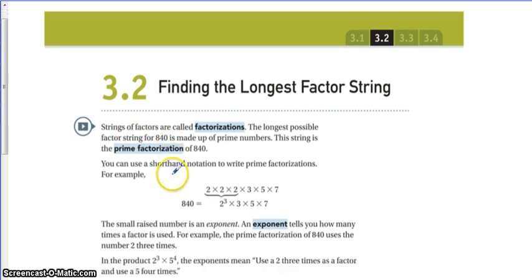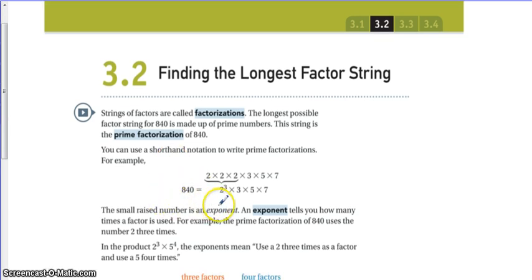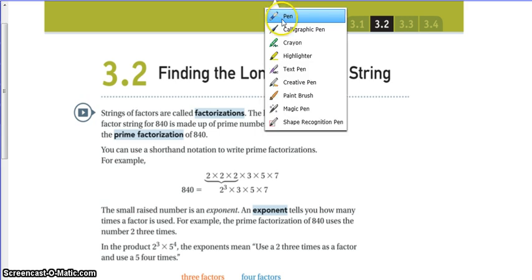So part of this is pretty simple. It should be kind of a review. The other part, we're going to practice how to find other factors from the prime factorization. So there are two ways that we can use to write the prime factorization. One is the long way, showing every number in the thing. The other is